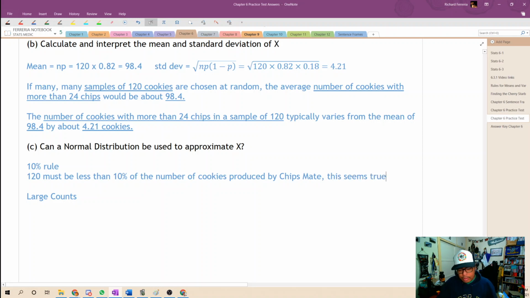Now for large counts, both np has to be greater than or equal to 10 and n(1 minus p) has to be greater than or equal to 10. So let's calculate those. np is equal to 120 multiplied by 0.82, and that's equal to 98.4. In other words, it's the mean of the binomial distribution. So this is definitely